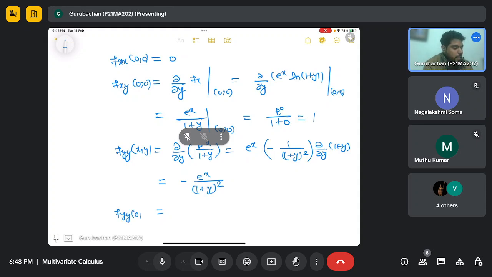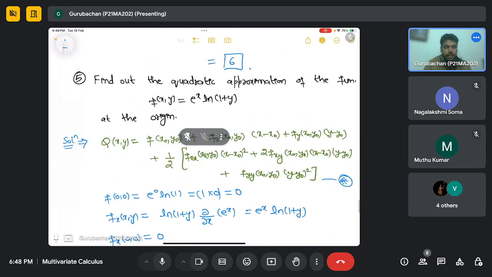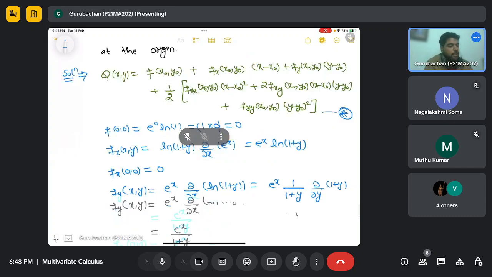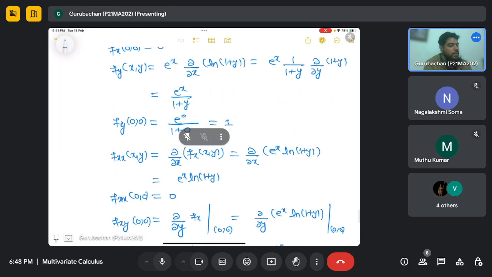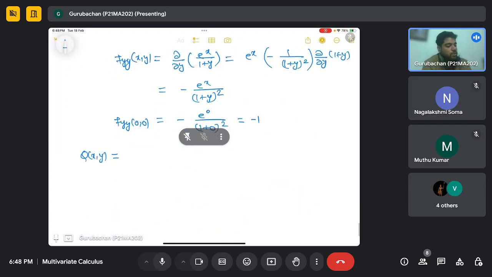F by y at 0, 0 is nothing but 1 plus 0 whole square, which will give us minus 1. Now we have all the first and second order partial derivatives as well as the functional value at the origin. Now I just need to put these values in this equation star to get our required quadratic approximation of the following function. So Q(x, y) is first of all f(x naught, y naught), and f(0, 0) is 0. So 0 plus